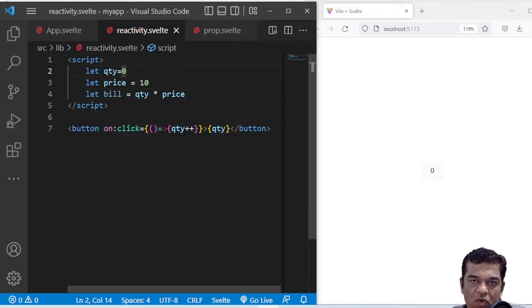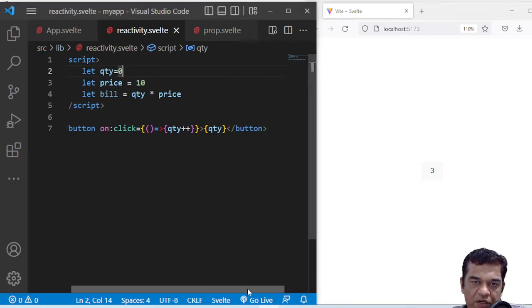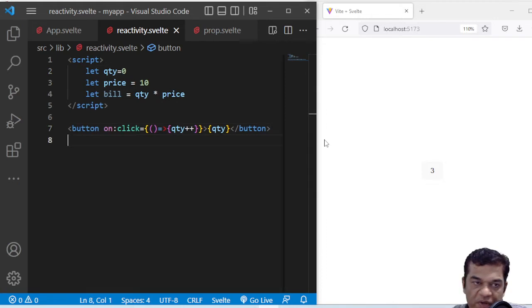Okay, now what I want is when I increase the quantity, accordingly my bill will print. So let's print the bill here. I will use H1. My bill is